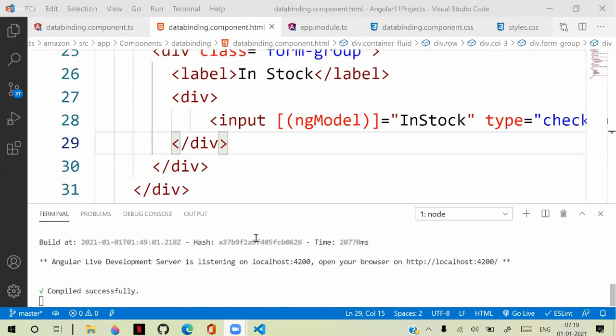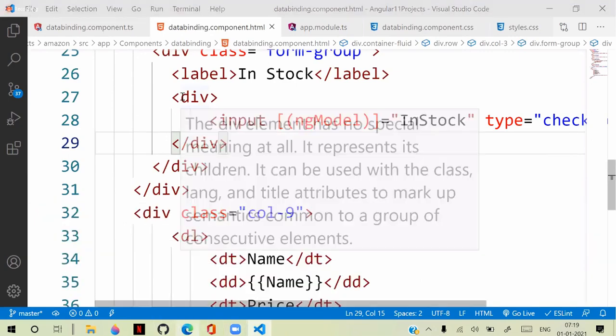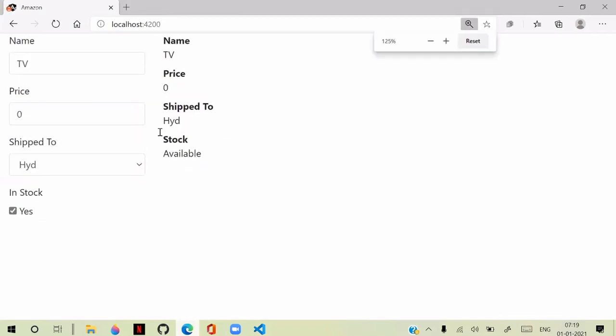Okay, it's compiled successfully. Let's run this and see. Yeah, this is the design we created. In this design, the user can enter the details.